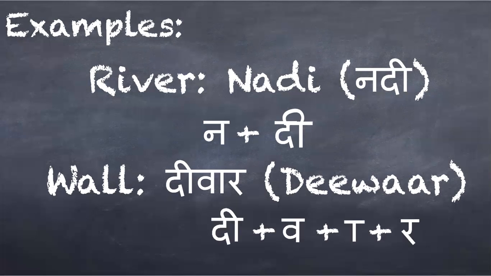So you'll take Vyanjan da and then like we discussed, we'll add matra E to the right of the da, that will make dee. Then we'll take Vyanjan va, we'll take matra A and then we'll take Vyanjan ra, and together this will make Diwar. In our next videos, we will see how we can frame words